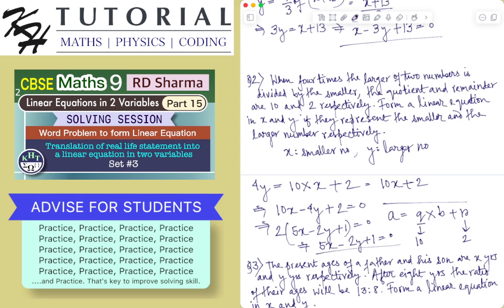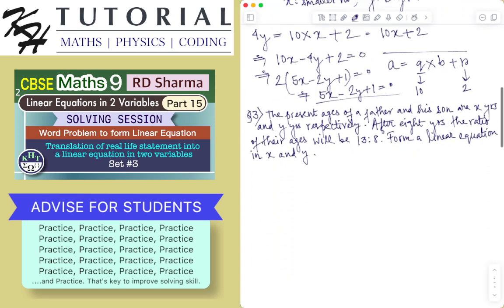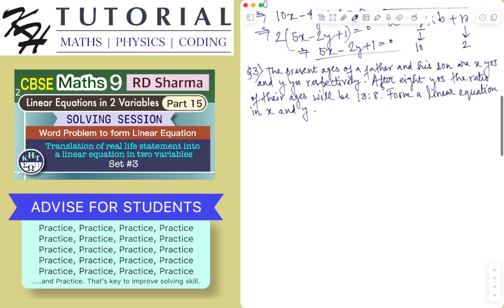Let's see the next problem. Question number 3. The present ages of a father and his son are x years and y years respectively. After 8 years, the ratio of the ages will be 13:8. Form a linear equation in x and y. Okay, so the present ages, x is denoting the present age of the father and y is denoting the present age of his son. Okay, after 8 years,